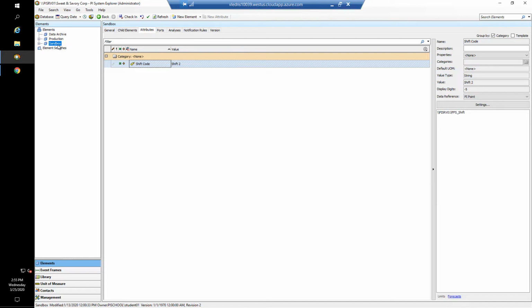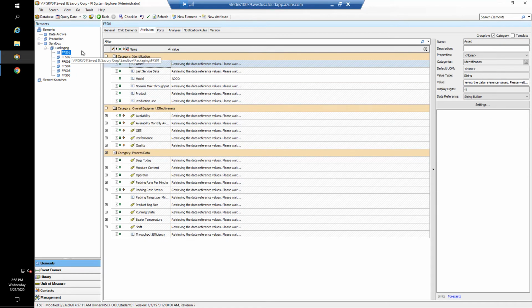in the hierarchy. Now, the production environment is built according to the best practices we're going to talk about during this lab. So that has got units 7 to 20 of the form, fill, and seal machines. And then the sandbox, which is where we're going to be working, has the first 6 assets. So the sort of information that we are monitoring about our form, fill, and seal machines, we've got a couple of pieces of information with regards to identification. We've got some metrics that calculate the overall equipment effectiveness. And then we've got some process data.